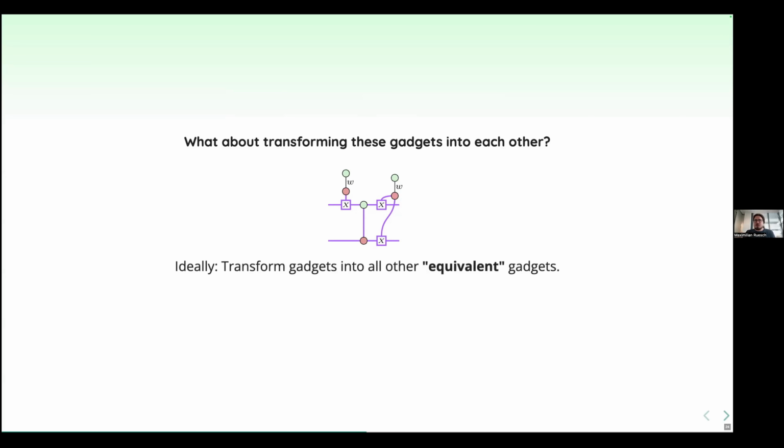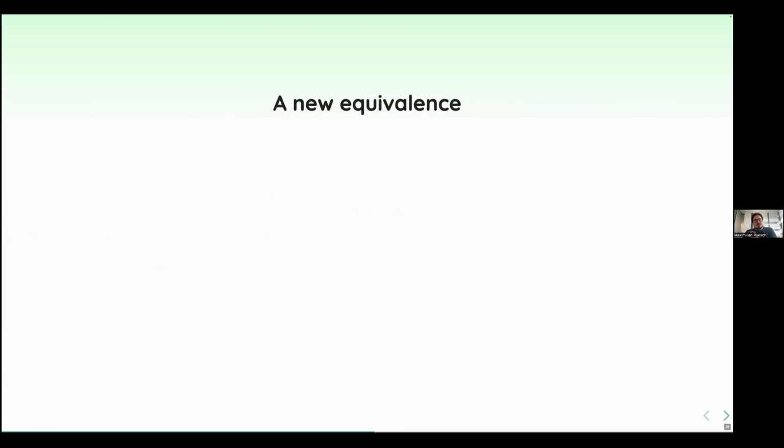So ideally, what we want to do is to transform gadgets into all other equivalent gadgets. So one question is, what even do I mean by equivalence here? Is this equivalence just this effect equivalence that we use in the definition of fault equivalence? I'm saying equivalence a lot here, but just bear with me. So we're gonna try and